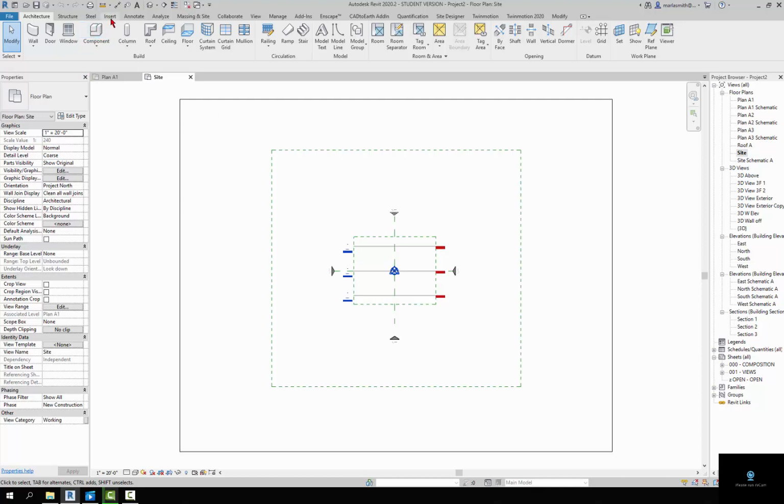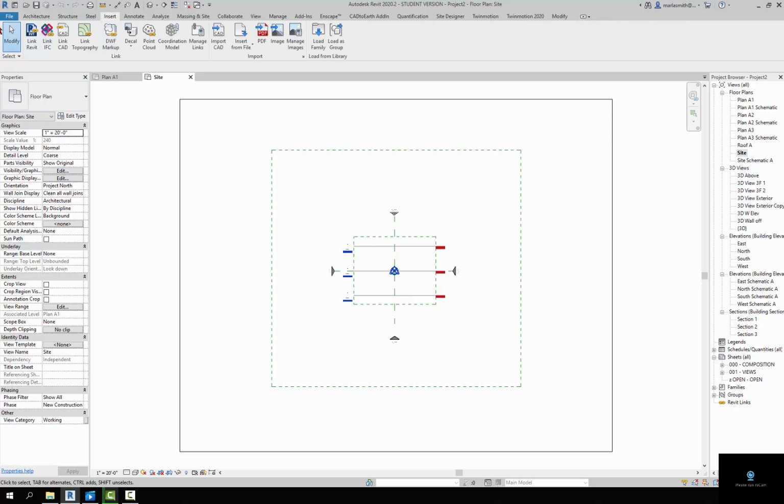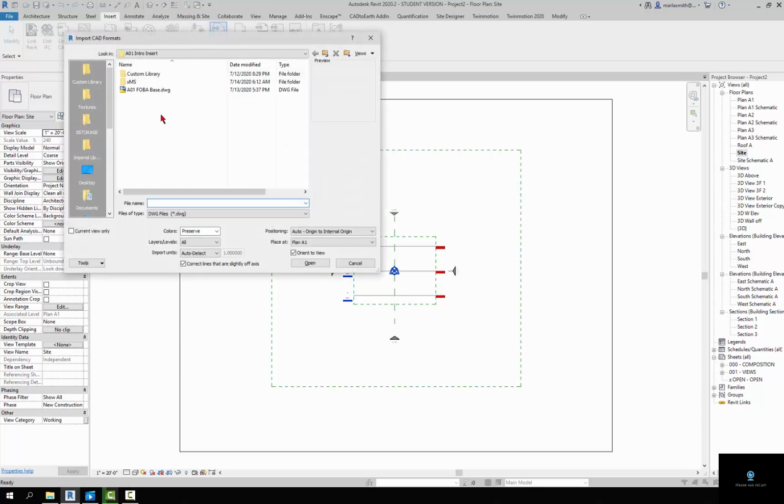So if I go to insert, you have several options. We're going to go to import, and that's just going to bring the object in. It's not linked. So that's one of the downfalls of this is that you can't update this, and if you update it, you'll have to redo the materials, although many of the graphic settings will be maintained. So I'm just going to go to import CAD, and I'm going to navigate to